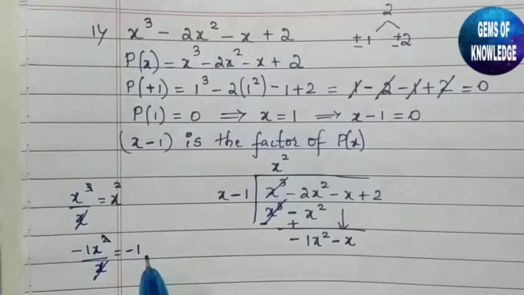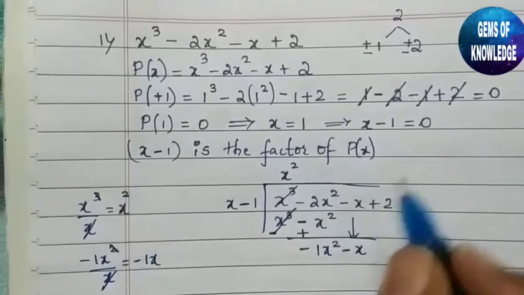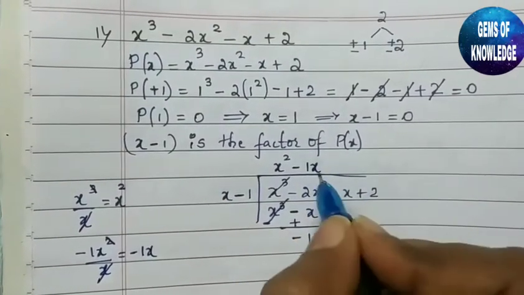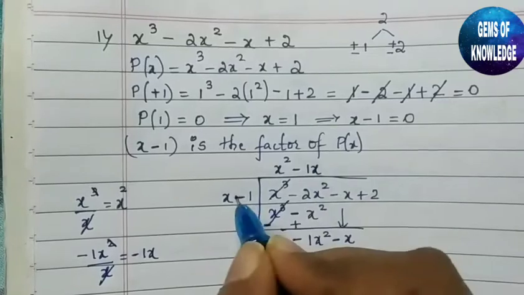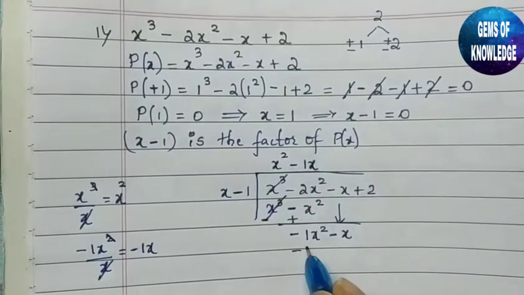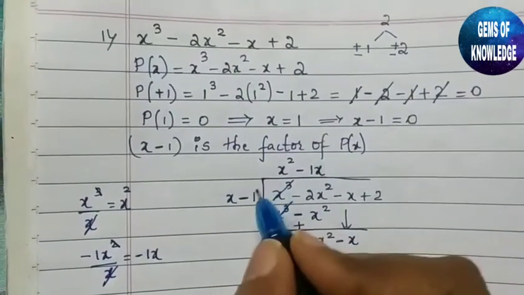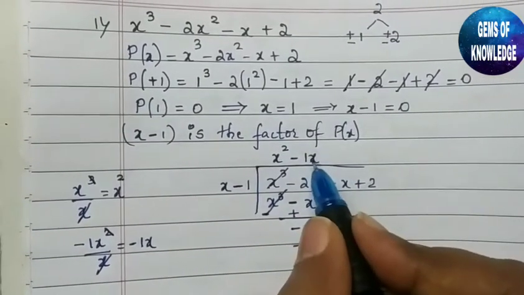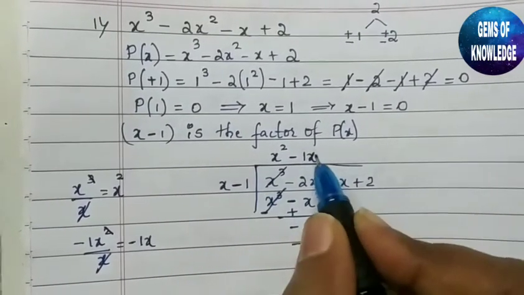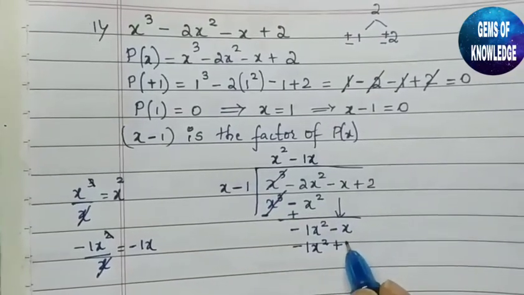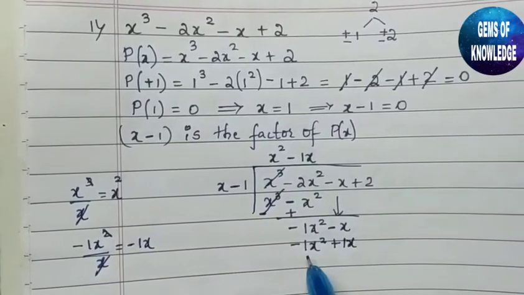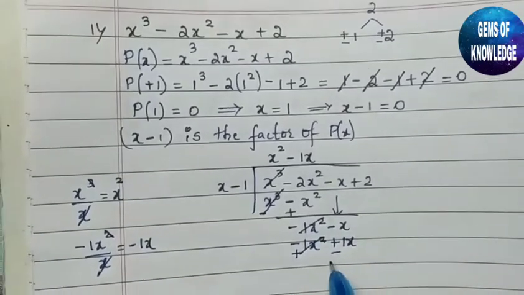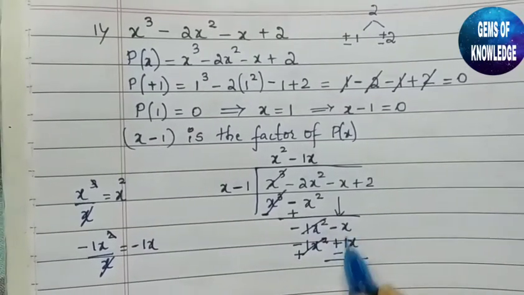What is left with us? Minus 1x. So let us write it here, that is minus 1x. So minus 1x into x, what we are getting? Minus 1x square. So minus into minus will be plus 1x square. 1x into 1 is 1x as it is. Again sign change, this one and this one will be cancelled. We are left with minus x minus